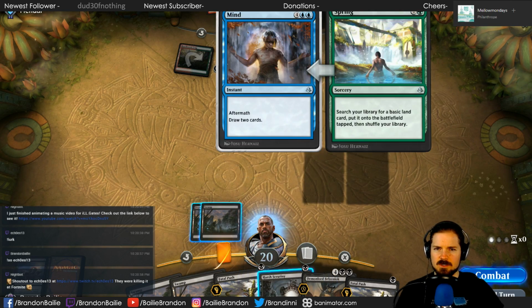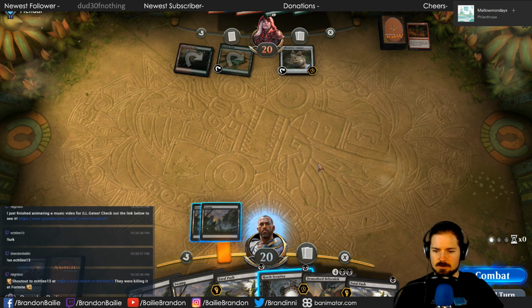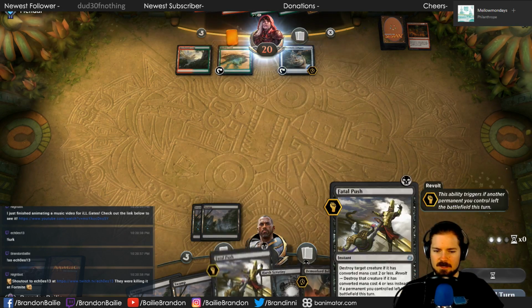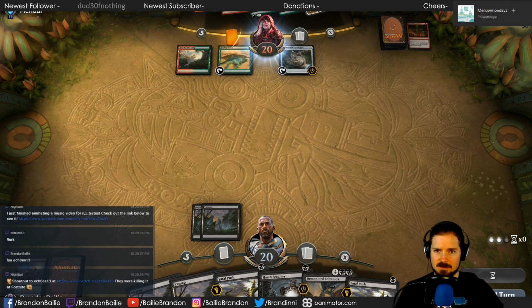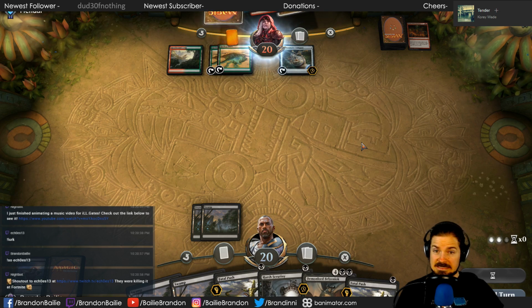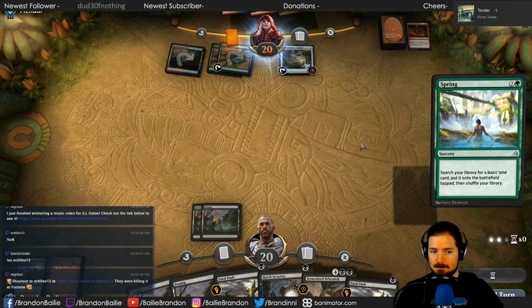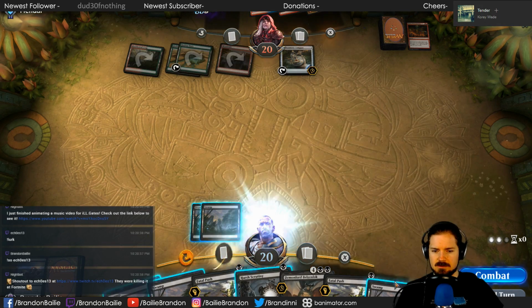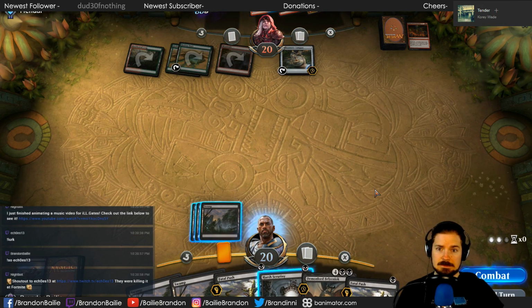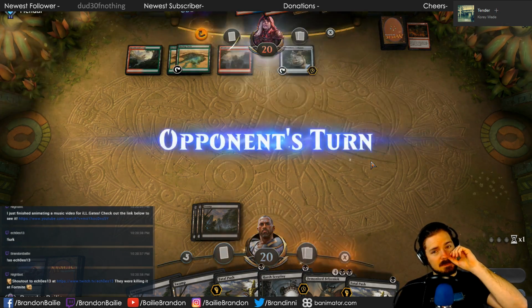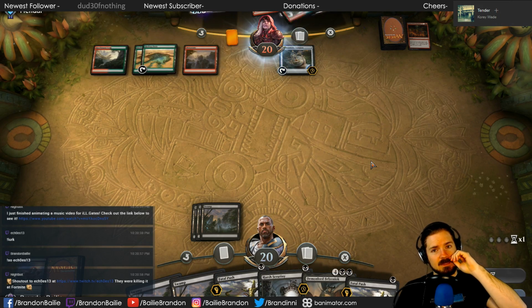Yeah, he has no creature cards in his hand yet, so we'll just hold off on it for now. We already know what his hand is, so this Fatal Push is basically going to do nothing for us because I'm assuming it's just going to be massive, massive creatures. Yeah. Basic land, put it in the battlefield tapped. Shuffle your library. All right. Well, at least we're getting lands, so... Do we hold off for one more turn? I think so. Because I'm guessing the deck that he's running right now is like massive creatures.